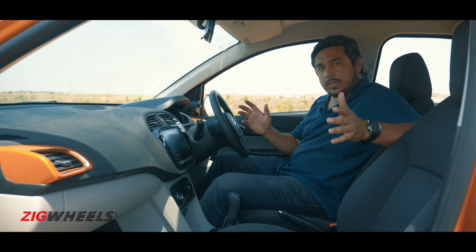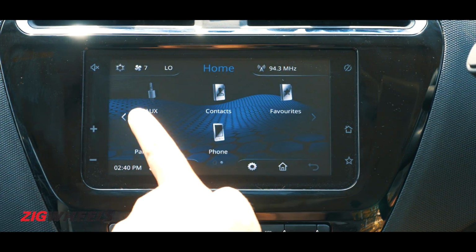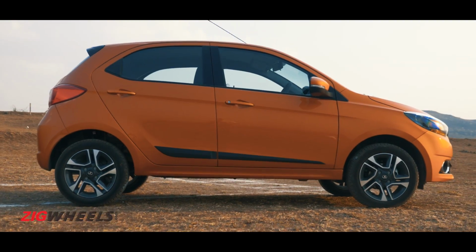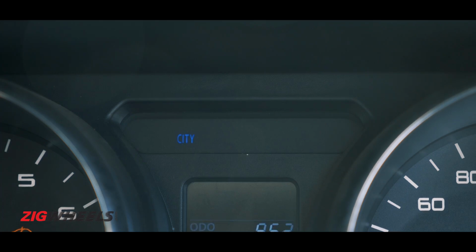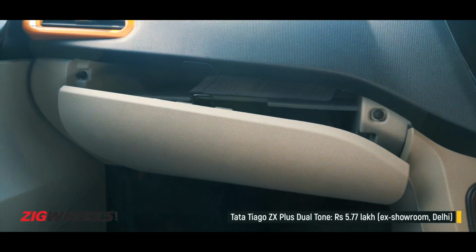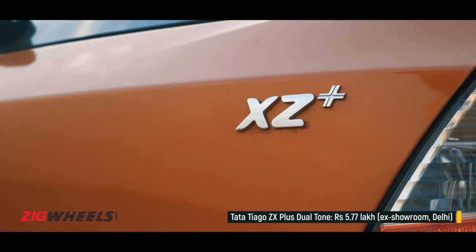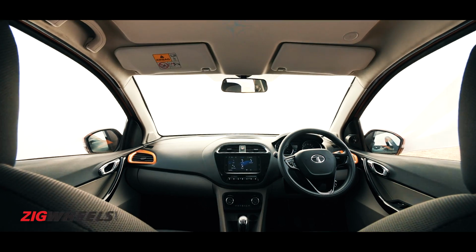So the Tiago's feature list is the longest, and one of the highlights is this awesome sounding 8-speaker sound system. And the Tiago's list goes on. Climate control, drive modes, driver's seat height adjust, and a cooled glove box. Yes, this XZ Plus has the highest asking price at Rs 5.77 lakh, but for that many additional creature comforts,